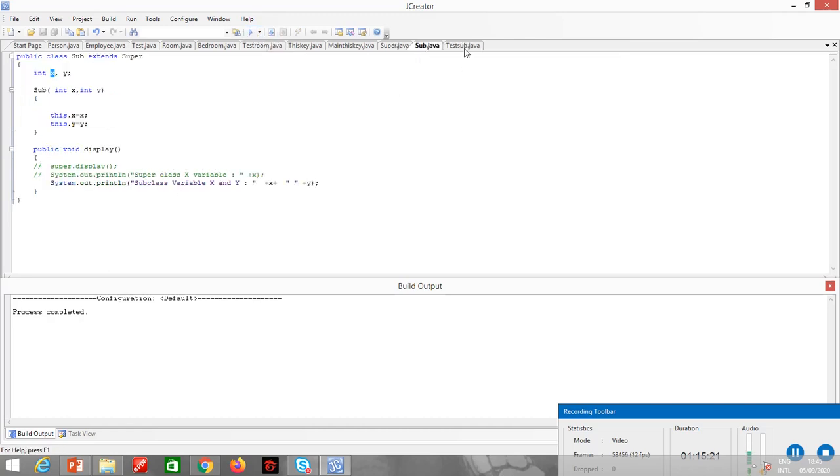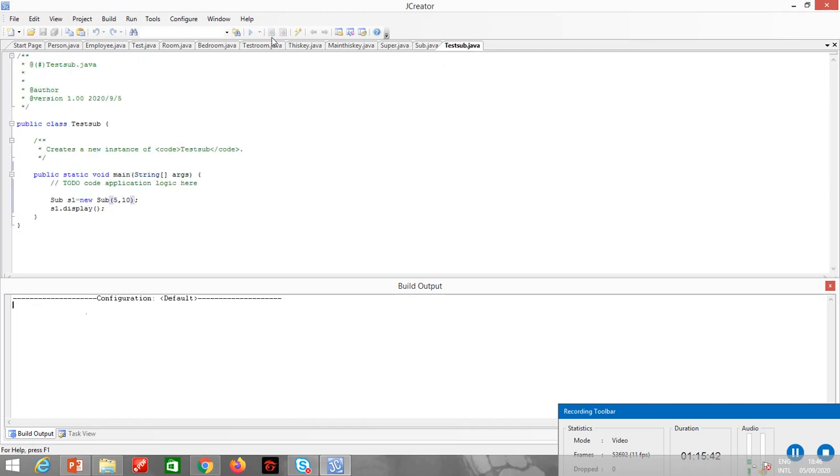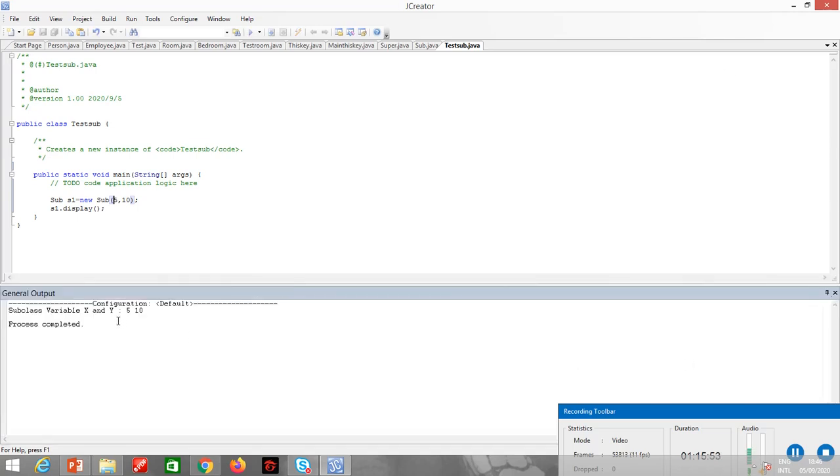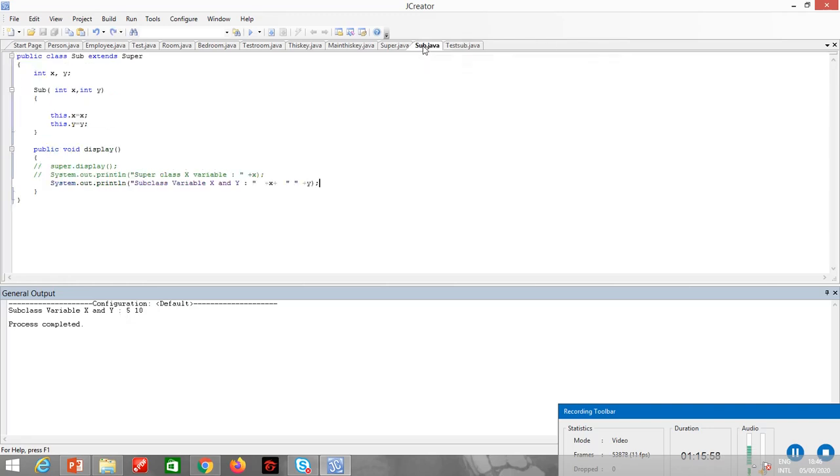Subclass variable x and y. So if you see, subclass variable x 5 is printed over here, superclass variable is not printed.